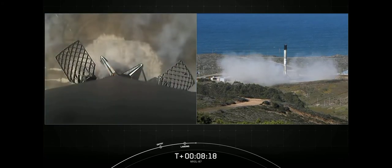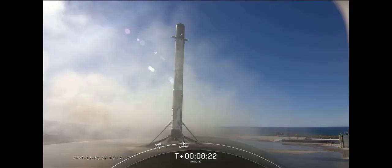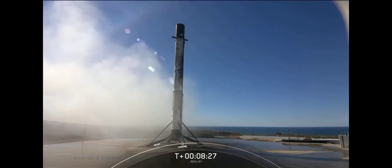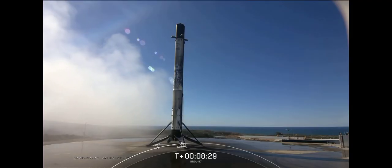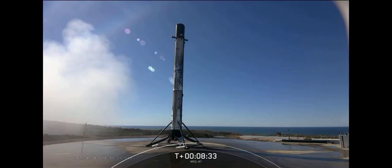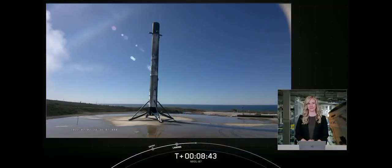And as you can see, a picture-perfect landing of this first stage booster. Its first flight and first landing. This booster will be prepared for reflight on another NRO mission later this year. This also marks our 105th overall successful recovery of an orbital class rocket, including both Falcon 9 and Heavy first stage landings. As I mentioned